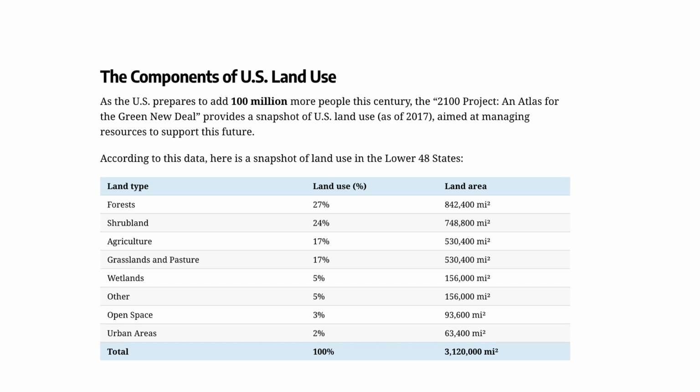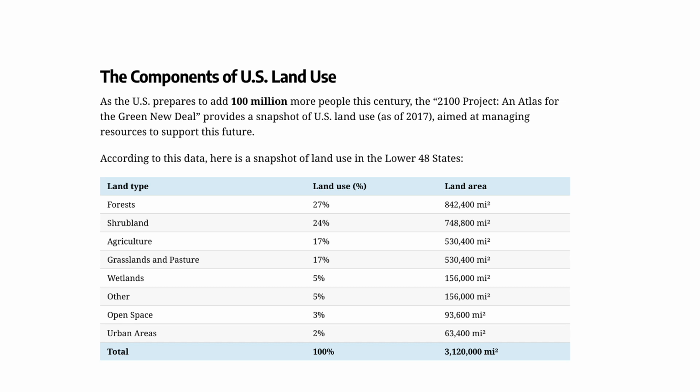And this helps explain some of the components of U.S. land use. So we're looking just at the United States, and we look at the way we use our land. There are forests and shrublands. We see agriculture, grasslands, and pasture split out here, and then other types of uses, urban areas down at the bottom. And it's interesting to see the total amount of land that's used for these various uses. Agriculture and grasslands and pasture have about an equal share of